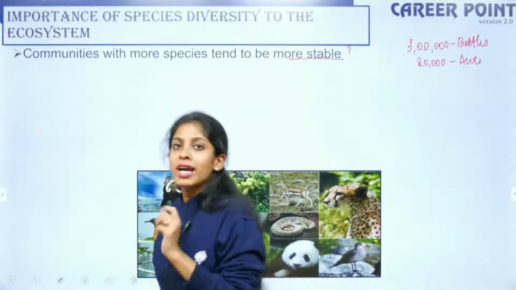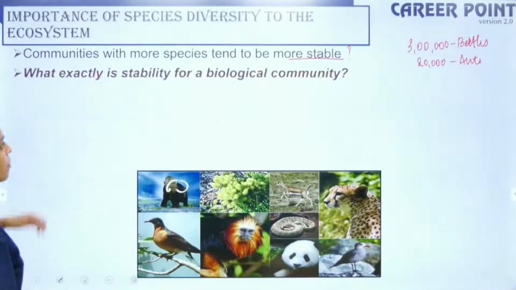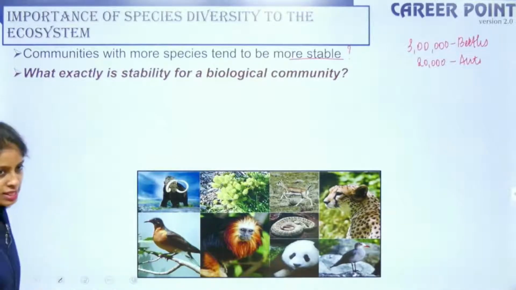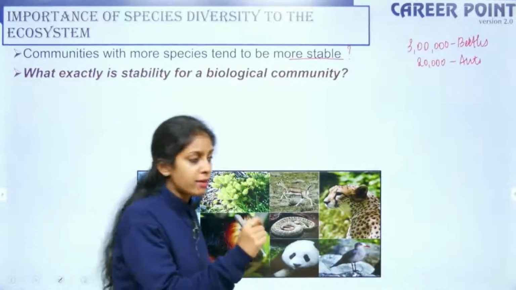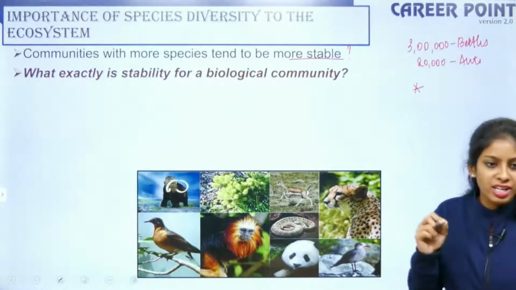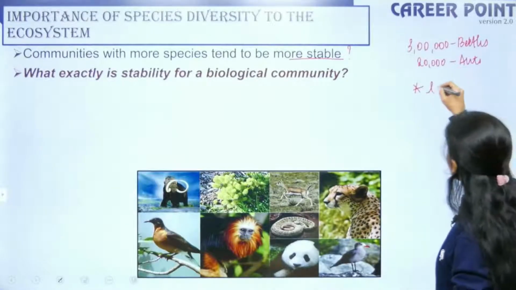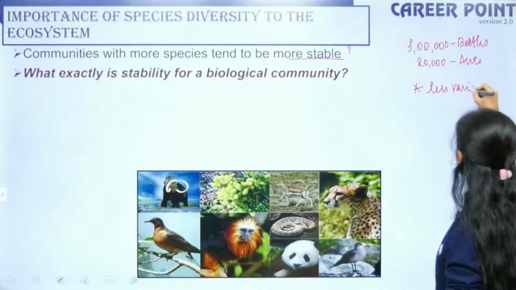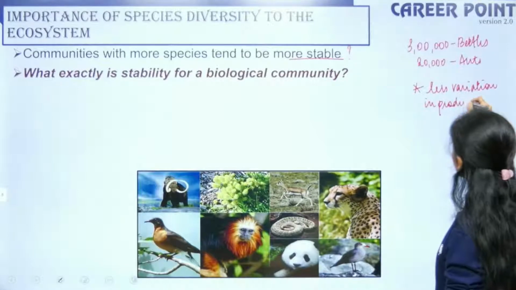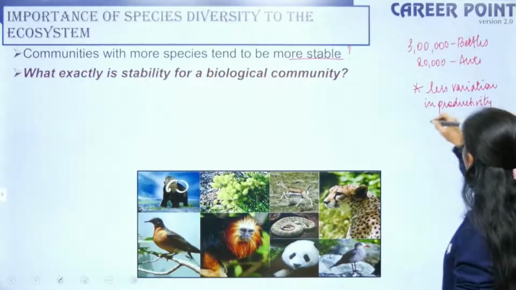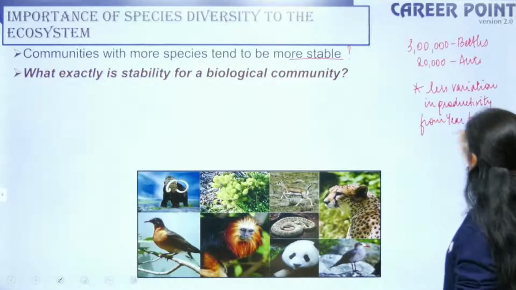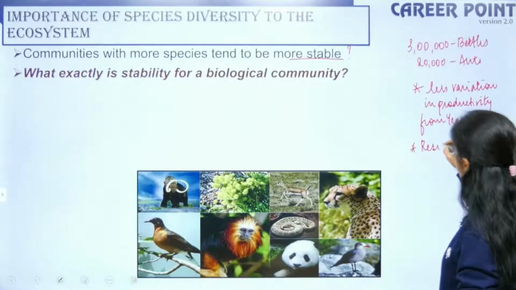But how do I define biological stability? What do I mean by biological stability for a biological community? So what does it emphasize? When I say stability for a biological community, it means I don't want to have any variation from year to year. So there should be less variation in productivity from year to year. This ensures stability, and the community should be resistant